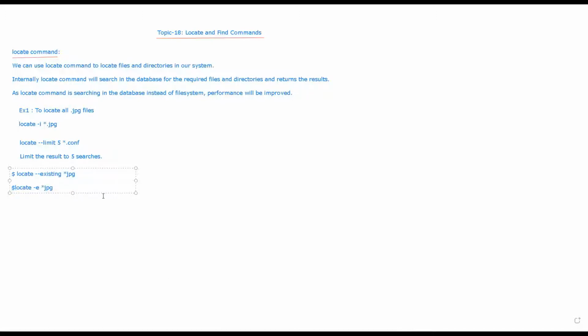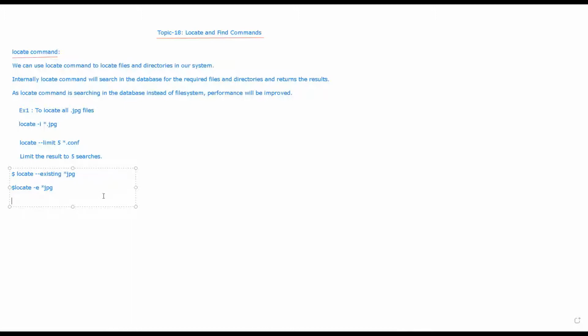But we have learned about symbolic link and hard link files, right? Sometimes what happens is, if you create a symbolic link file and then delete the source file, and you try to locate the file, it won't show you the actual source file.